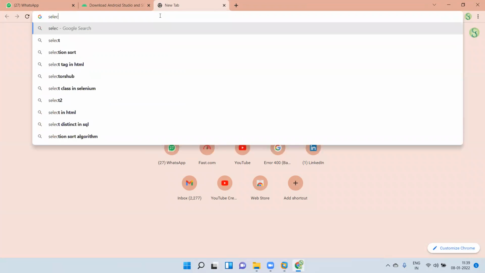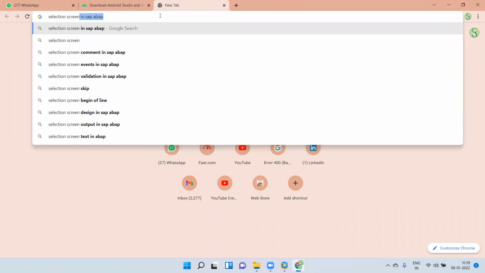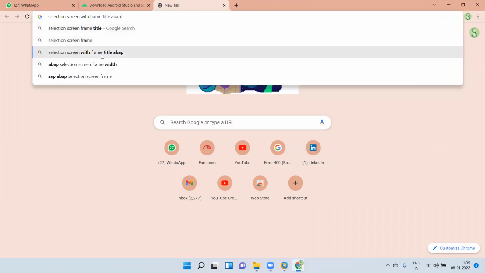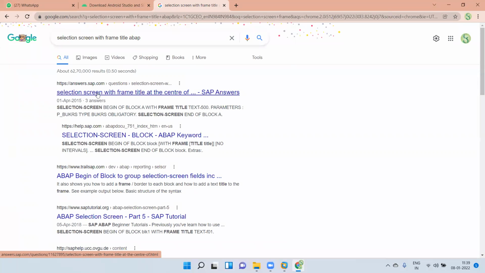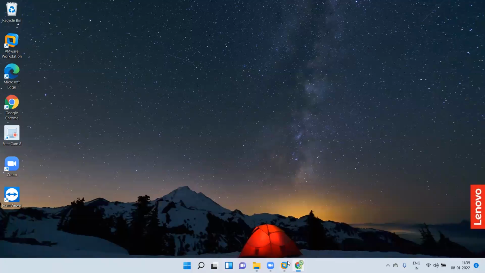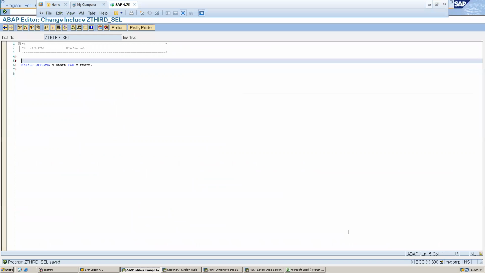So, selection screen frame, for example. You can see many options like selection screen block and all with frame. These things you can see, and you can use them any time. I'm not covering each and everything because it is very hard to cover everything. But you know how to create a selection screen. So let's try this one option. You can see very fancy selection screens.